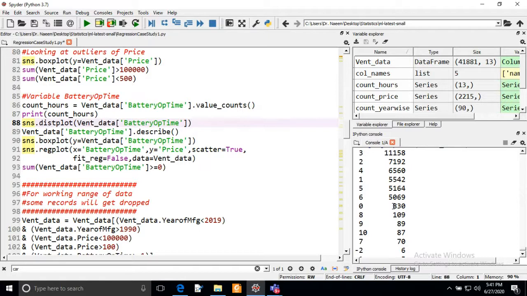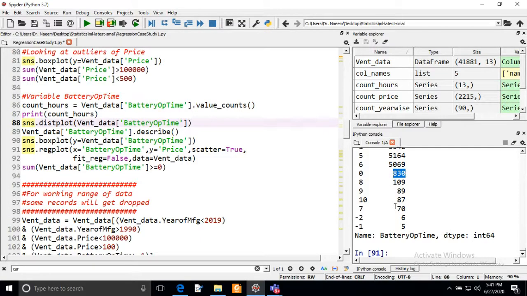So it may be manual ventilators that are very old, that at that time didn't have the battery backup. But they will have some value. We cannot say our laptop has zero backup, so it will have some value, but our laptop or our ventilators cannot have a negative battery operating time. So we need to tweak down the range of the variable.